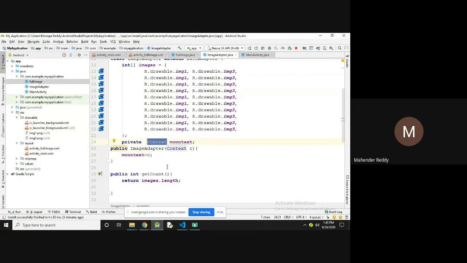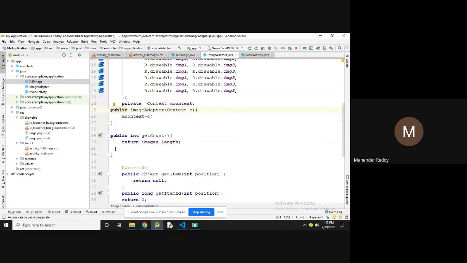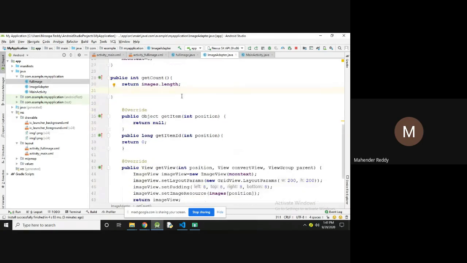So this context is helpful to display the values. After that, you have to get the length of images, how many images you used here. public int getCount() { return images.length; }. Now this length is 20. So 20 images are there, then it will return 20.